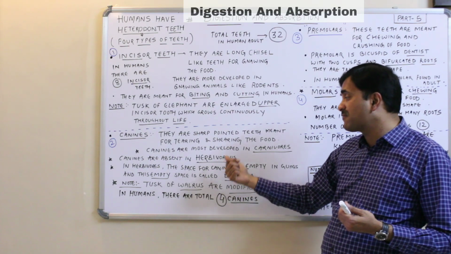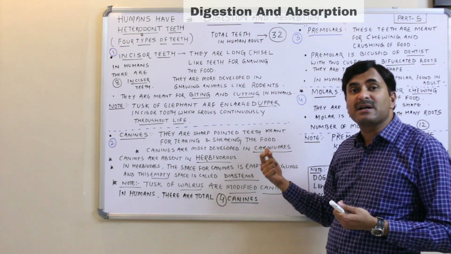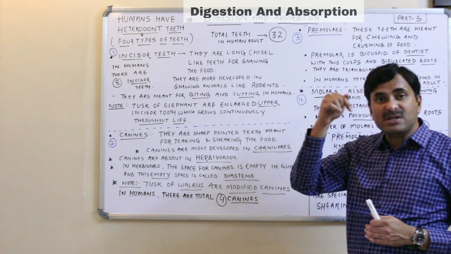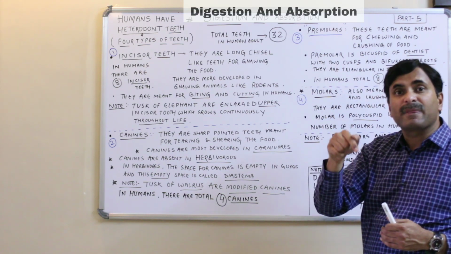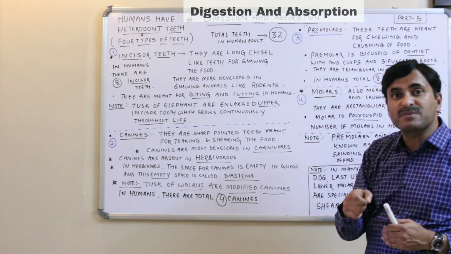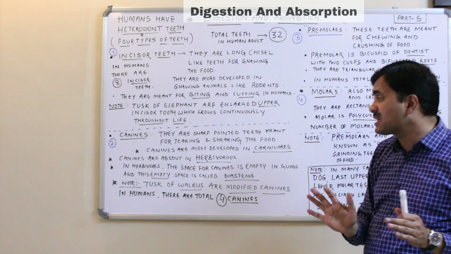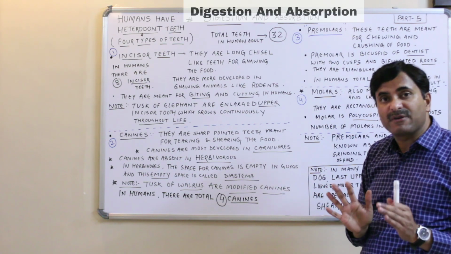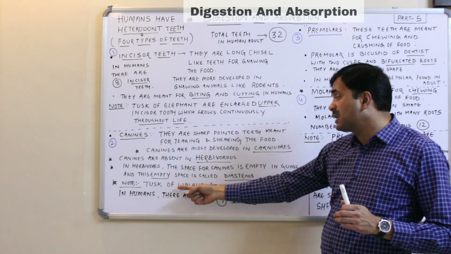This empty space found in the gums is called the diastema. Diastema is the space in the gums where the canines are absent in herbivores. Okay, now the tusk of